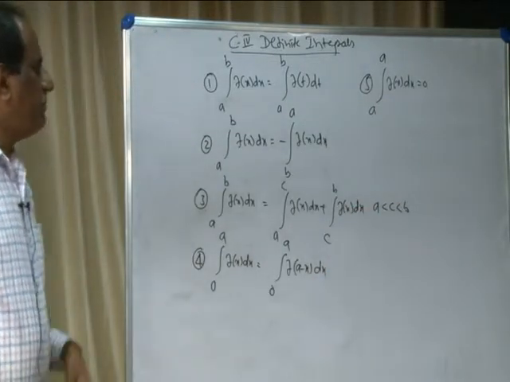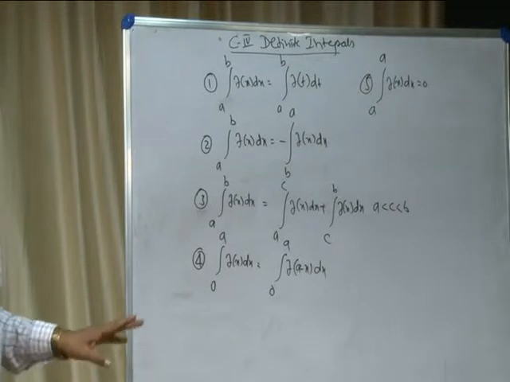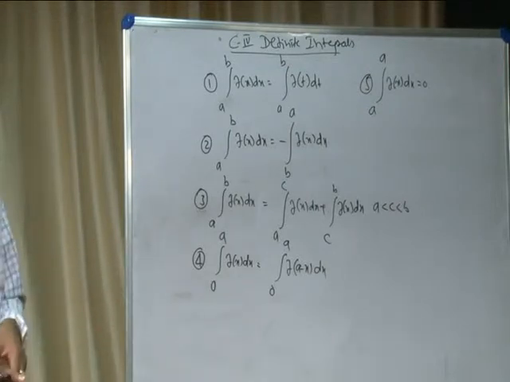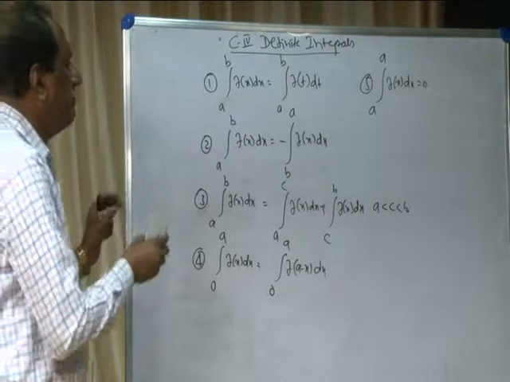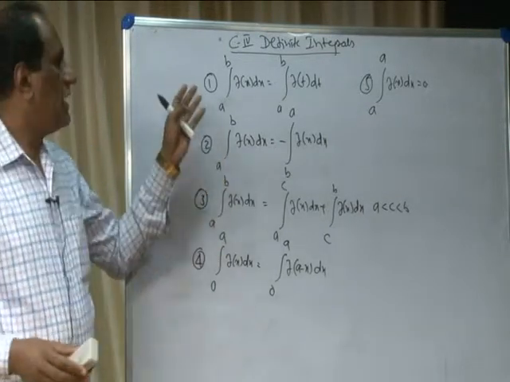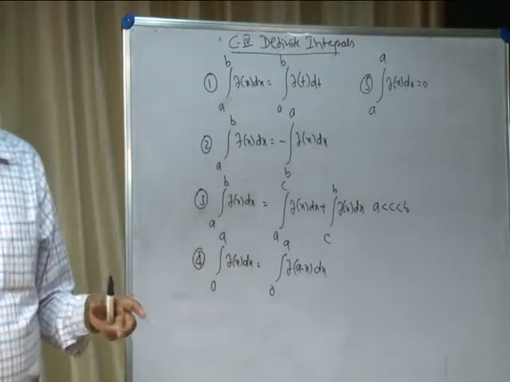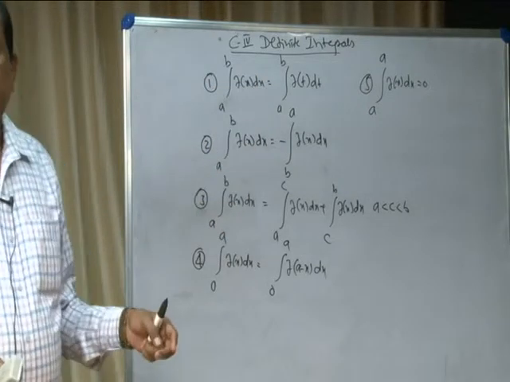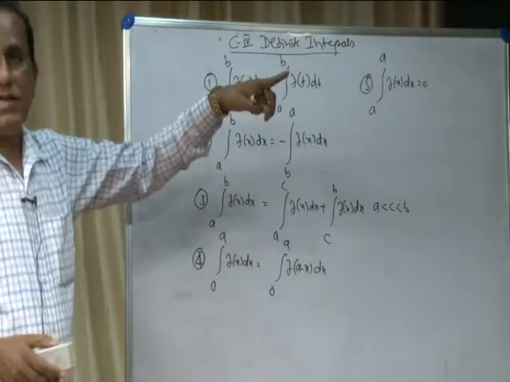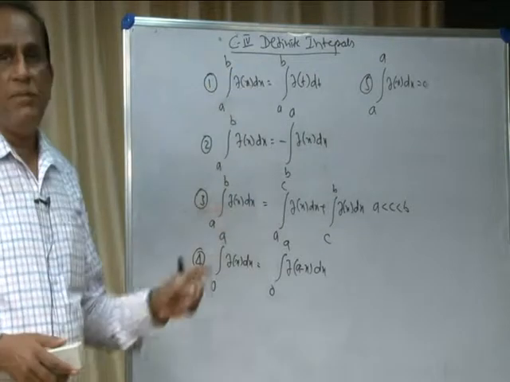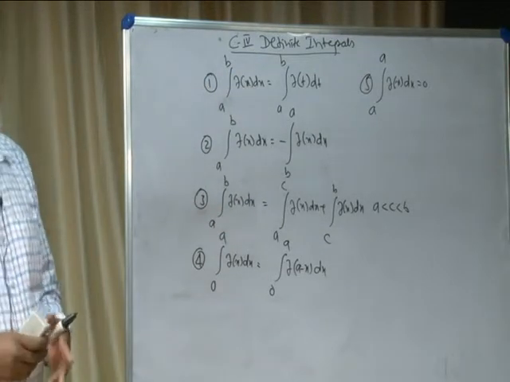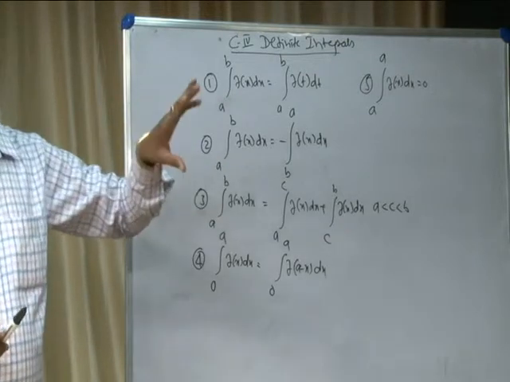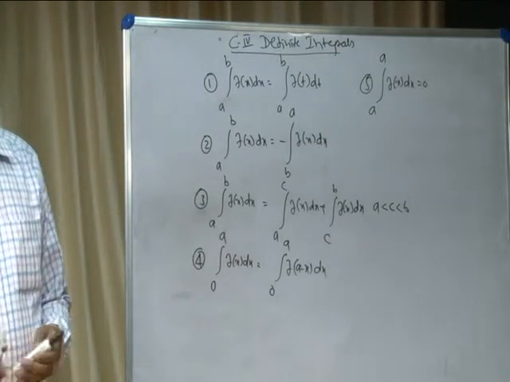So, this is about the properties. There are 5 properties of definite integral. Proof is not required according to your syllabus. Now, I am going to apply the concept of definite integration to work out problems, and there is one more chapter, applications of definite integral, that I am going to take in the last class. You may expect one question from definite integral and one question from applications of definite integral.